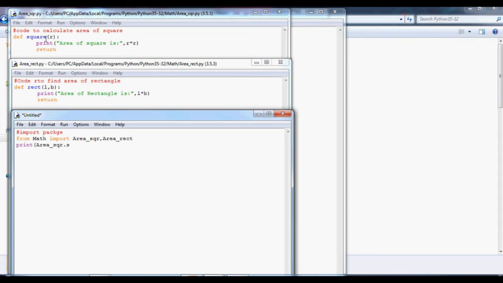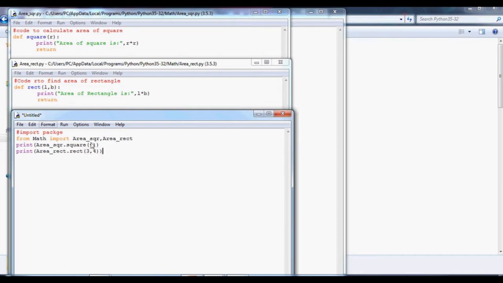So square, where I have to pass an argument. Again print area_rect.rect 3 comma 4.